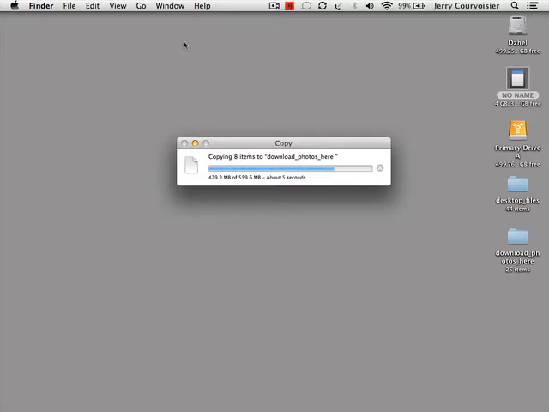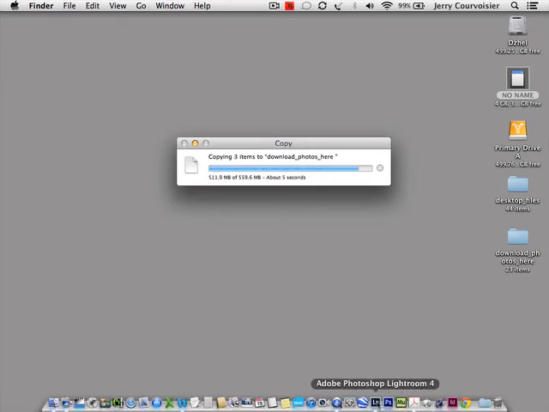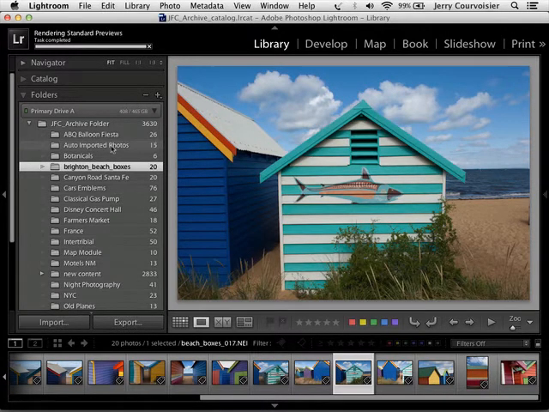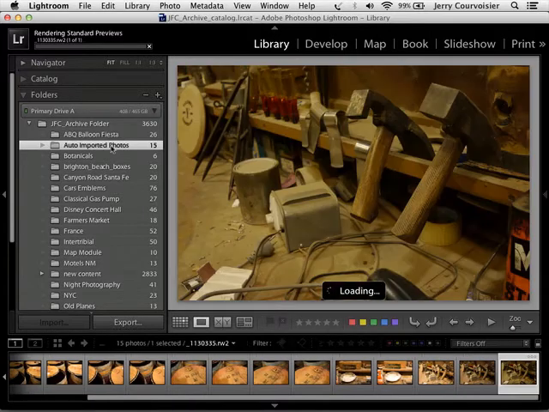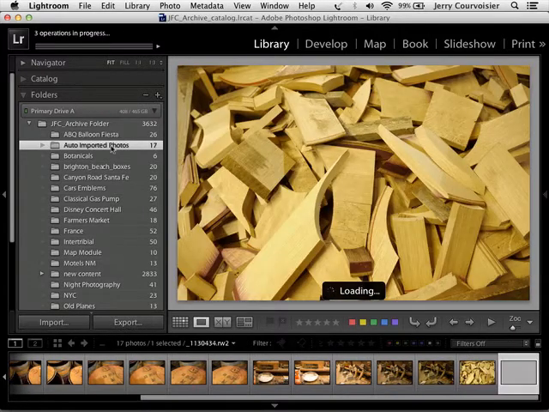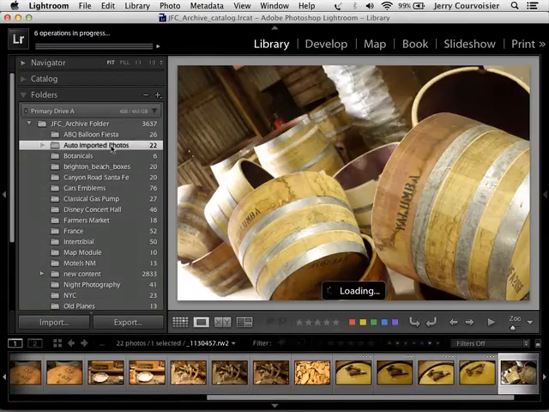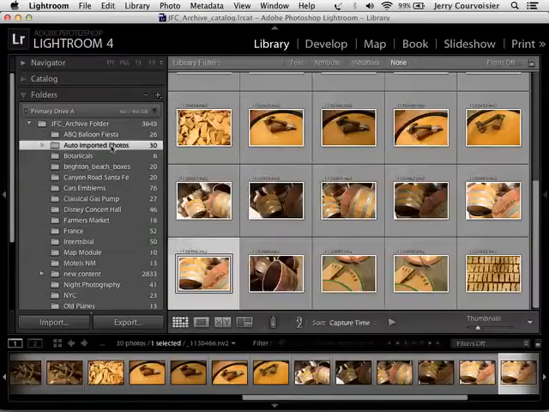So after it's finished copying, I'll launch into Lightroom, and immediately Lightroom will detect images in the Download Images Here folder, the so-called watched folder, and it will create the auto imported photos folder right here. Those images are now automatically being downloaded, and in this case the previews are being generated as well. Okay, once the download is finished to the auto imported photos folder,